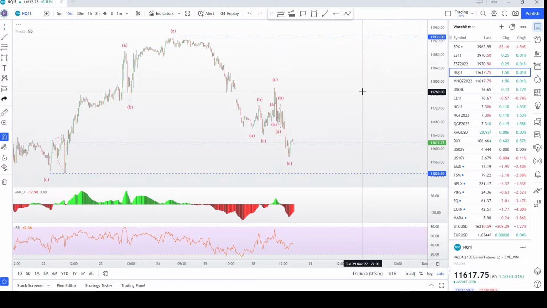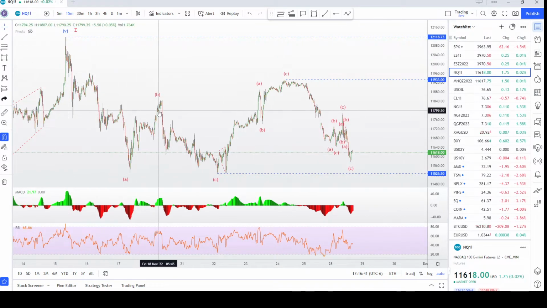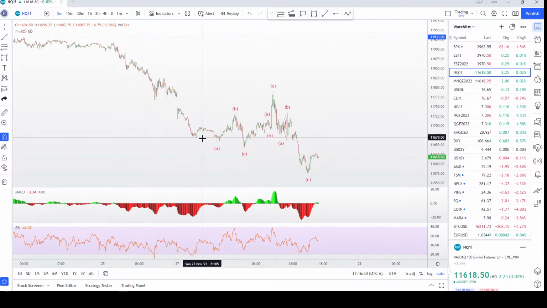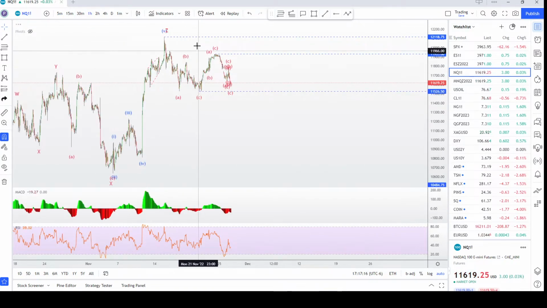And then if we look at the Nasdaq, same thing. Got an ABC off the high, and then ABC up, and then here I got it labeled ABC down, ABC up. Had this expanding flat here in the middle for A, B, and then we finished C late in the day. So I'm expecting a 3-wave correction to happen here, and then one more down. So we got 1, 2, 3, creating a 4, and then we'll go down for 5, and then all that will be a leading diagonal.